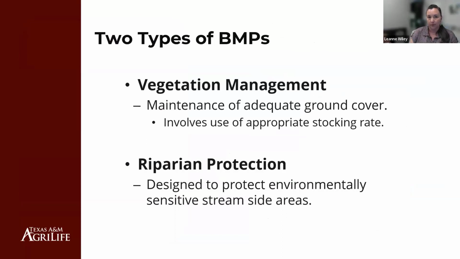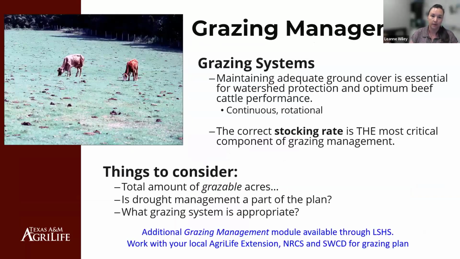Normally at an in-person program, what I would be talking about is those best management practices, and I usually break them up into two types. Most of the time I'm looking at your upland management for vegetation management, talking about grazing, building a grazing plan, and then I transition to a more riparian style and having some different practices discussed there. So today I'm going to put those overlapping together and talk a little bit about grazing management towards the wetland side.